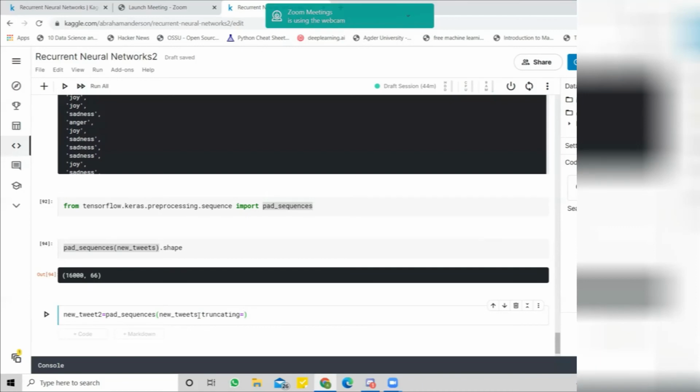If, for example, a tweet does not have the same length, it will add zeros. This parameter I can only assign as post or pre, because it will assign zeros at the end of the shorter tweets. So I am using post.